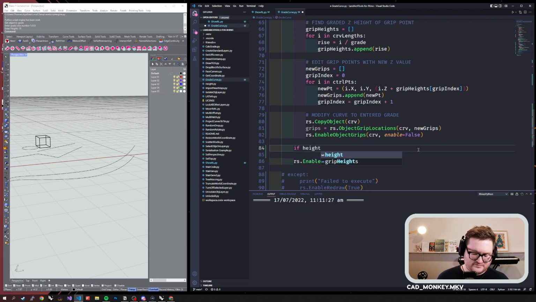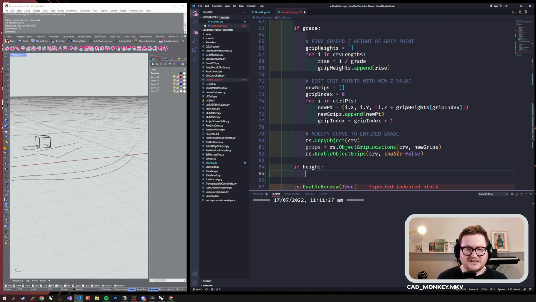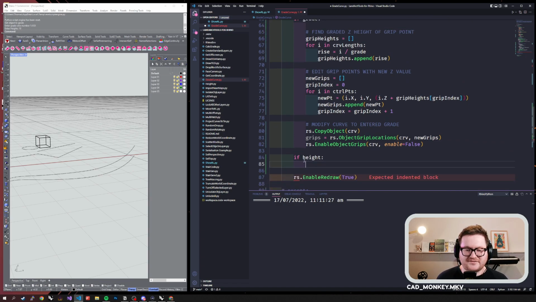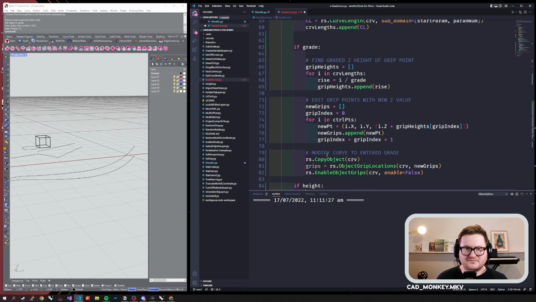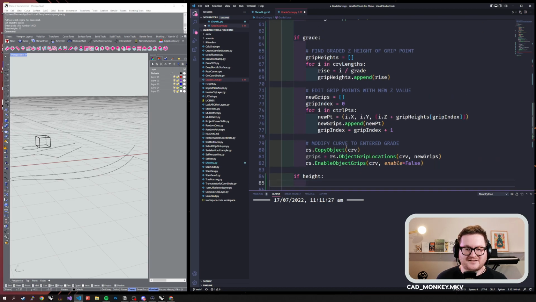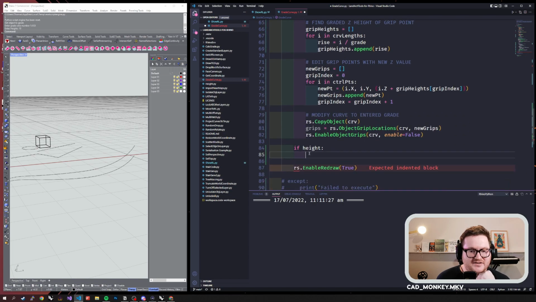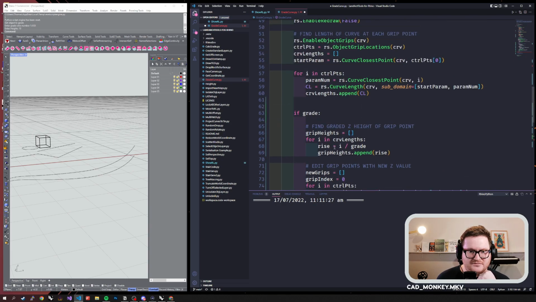If height. So again, you could probably do this with else. Probably safer to do it with else, but for now I'll just put it as if height. So if there's information in grade, do this. If there's information in height, do this. So what we'll do is